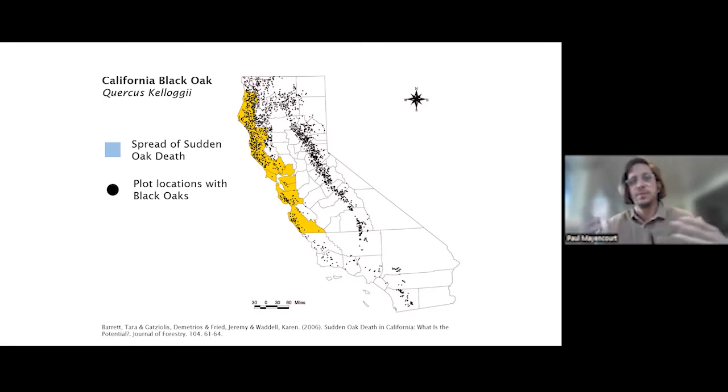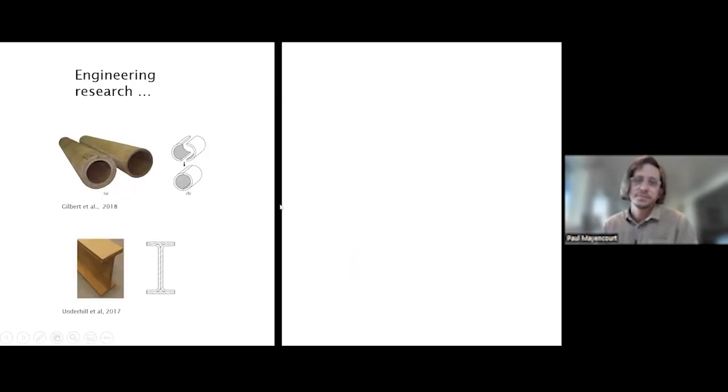And if we don't use them, they're just going to rot in the forest. So part of the engineered wood research happening in Australia has been very useful in deciding how to go next. They've been doing a lot of work on small diameter and veneering of small diameter trees because they have the same issues in terms of wildfire.